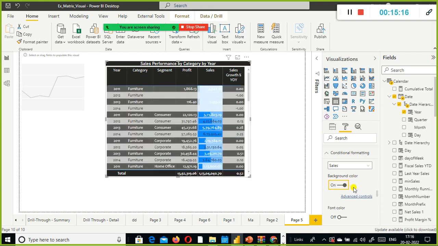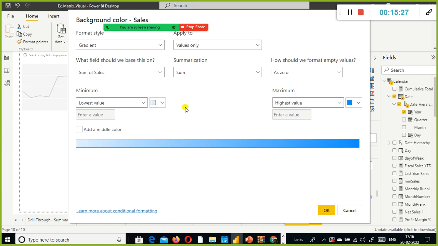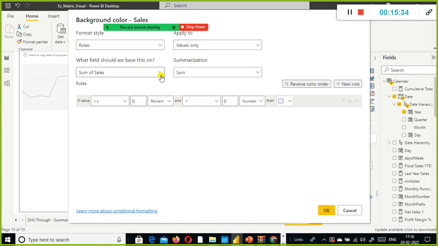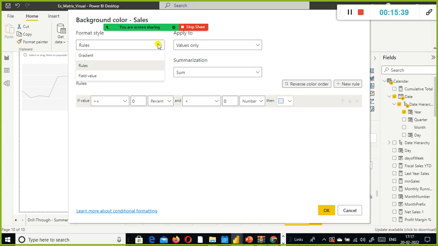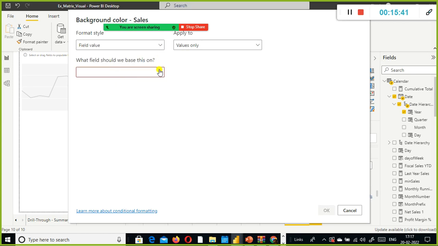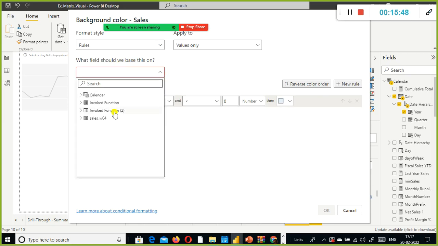So data bars you can enable, and also you can go and explicitly specify this one here. So when you toggle the background color from off to on, it will enable the advanced controls. You just click on this. You can specify the rules here. For example, you can specify the rule something like sum of sales, or instead of rules here I just use values and totals, which field based on this.